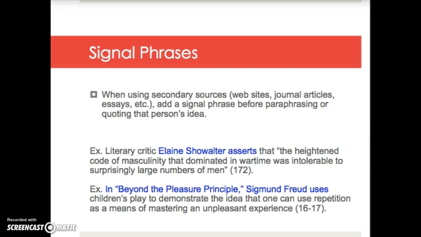Signal phrases are also effective when you're doing a paraphrase. So the second example is a paraphrase of a part of Sigmund Freud's essay, Beyond the Pleasure Principle. So in my signal phrase, I'm identifying the speaker, and then I'm going to paraphrase his thoughts. So in Beyond the Pleasure Principle, Sigmund Freud uses children's play to demonstrate the idea that one can use repetition as a means of mastering